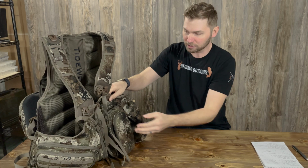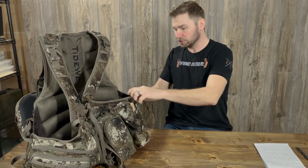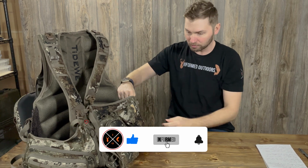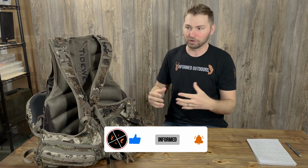It is extremely adjustable. I've got this thing tightened down just so it displays a little bit better, but you can adjust the straps over the shoulders. You can adjust the straps around your waist. This is also stretchable. It's a little more breathable. The amount of adjustability on it can make it to where you can fit it to your exact body type,